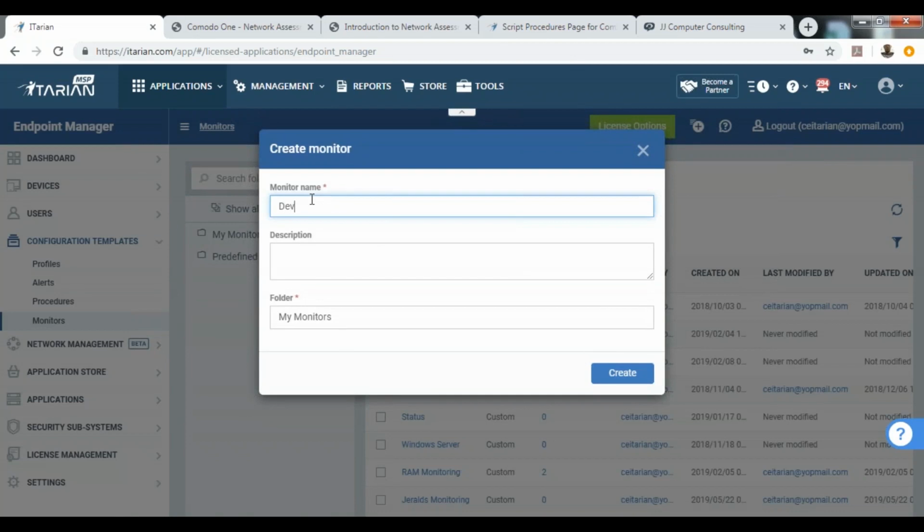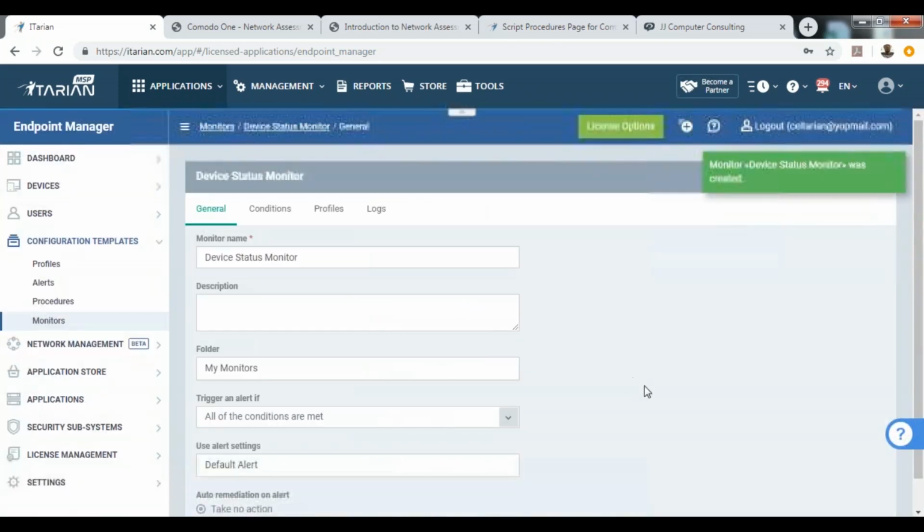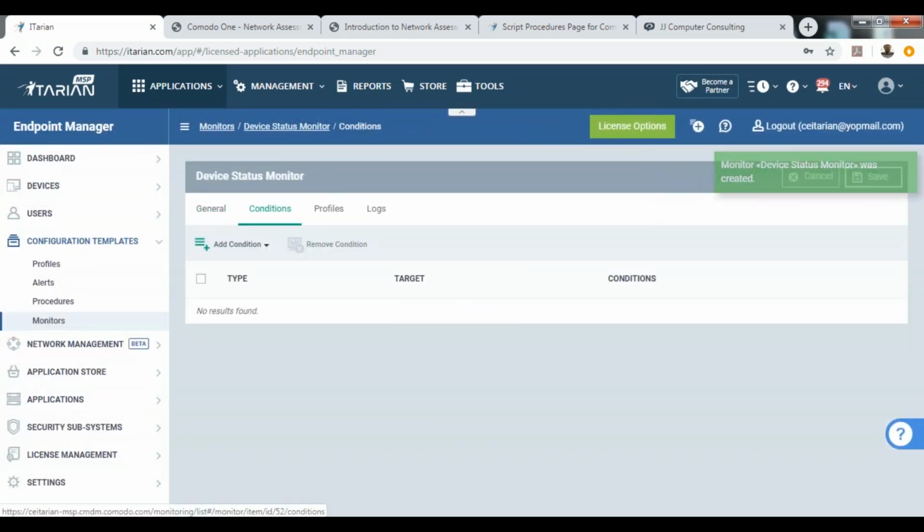Let's say device status monitor. Okay, let's create that. Now for this monitor, let's say the procedure that you want to run is just a simple reboot. You want to monitor if a device has been online, let's say for more than 24 hours, and you want